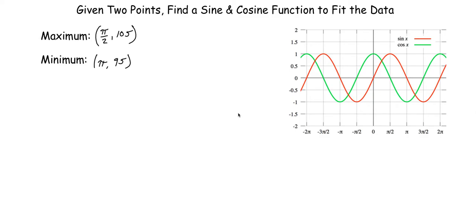So in this video we're going to talk about how to find a sine and cosine function to fit a specific set of data that we're given. So in this case we're given a maximum of (pi over 2, 105) and a minimum of (pi, 95). And our task is going to be to find the equations, cosine and sine functions, of the sinusoidal graphs that